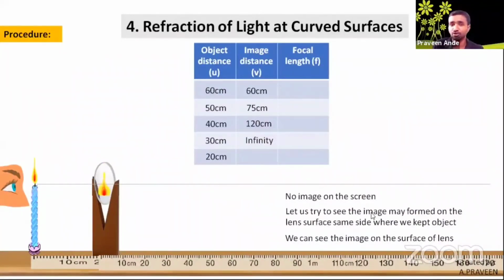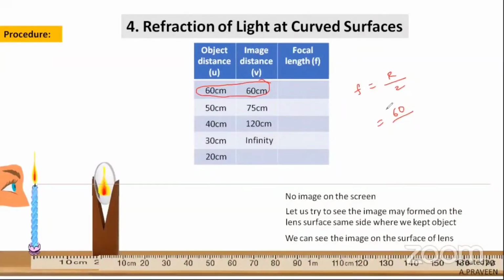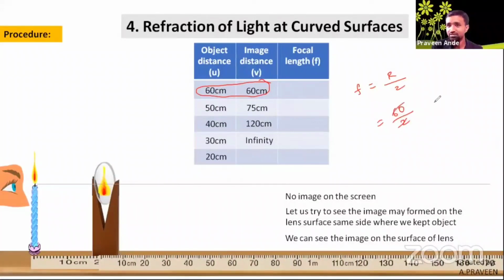Then there is one more simple logic to find out the focal length. See here, the object distance and image distance are the same. Then in the first lesson, reflection of light, you got a relation f equal to r by 2, where r is 60 centimeters. This is the center distance, pole to the center distance. So 60 by 2. Directly what are you able to say? 30 centimeters. Without using the lens formula, just with that you are able to decide the focal length.